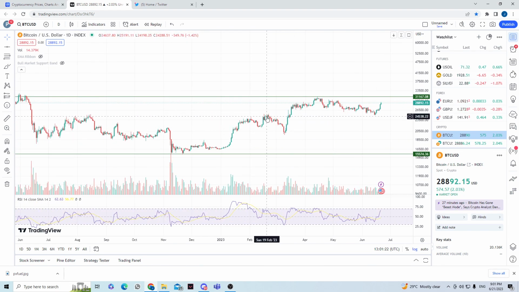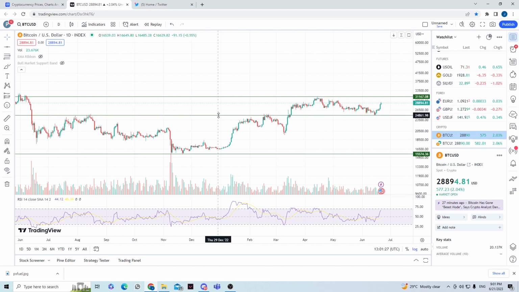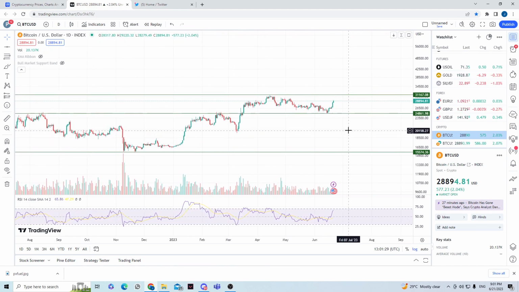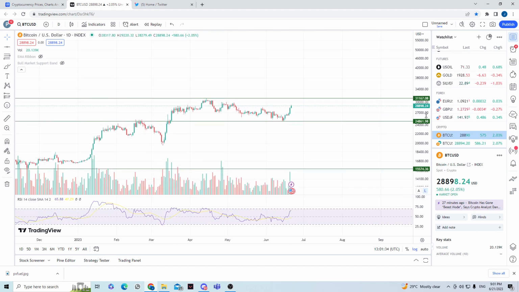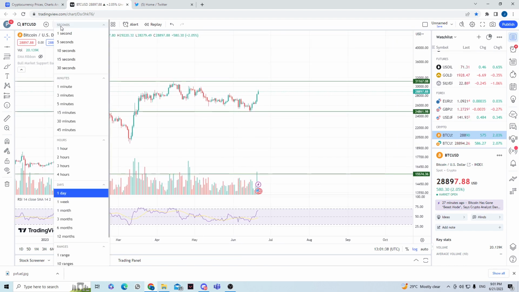Maybe you could argue that this is also a line here. This used to be resistance and then turned into support now here. And that's about it for now. For this, I'm not going to put it here because currently we are between these two lines. So in order to not make the chart so messy, I'm just going to go down to the lower time frame,